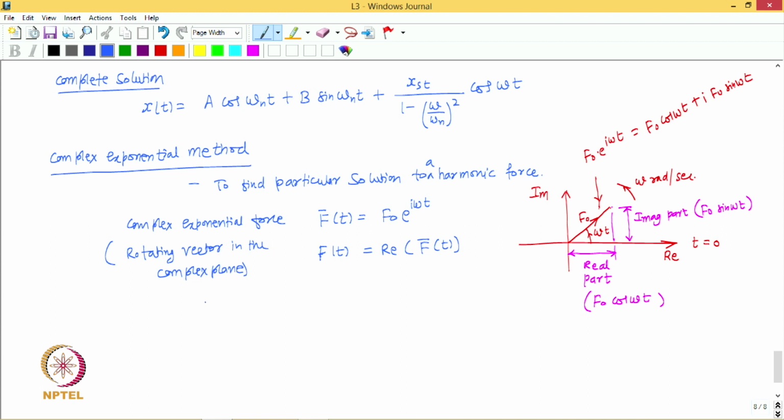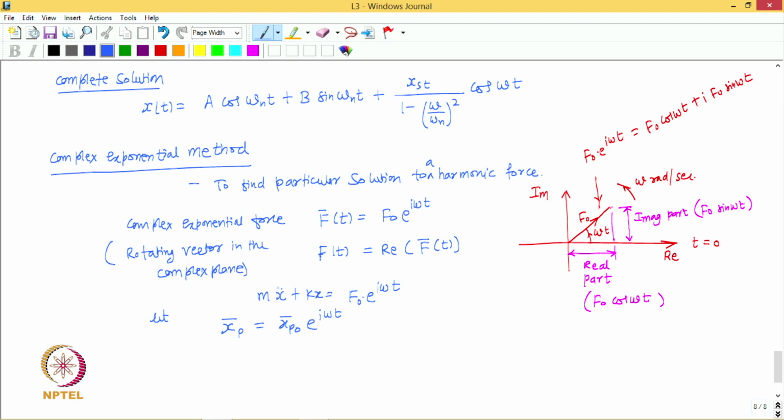Then what we do now, our objective would be to find the response of the system to this complex exponential force, that is f naught e to the power i omega t. Let the particular part of the response, which we are now going to call xp bar, showing the complex response to the complex force, be represented as xpo bar e to the power i omega t. So, this we are assuming to be the probable solution. Now, we need to substitute this in the equation of motion,